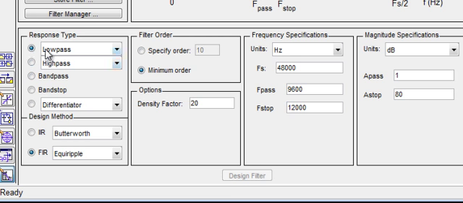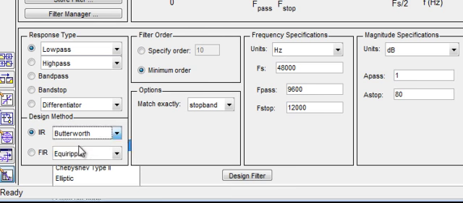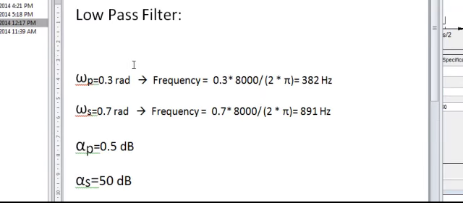So for low pass, the low pass filter is going to be checked here, and we need to design IIR filters. It's asking you to do Butterworth, Chebyshev, and elliptic. So I'm going to do Butterworth here, and for the order, just stick to the minimum order. You don't have to change anything. The tricky part is this part, which is the frequency specification. First of all, don't forget to change the sampling frequency to 8000 hertz,